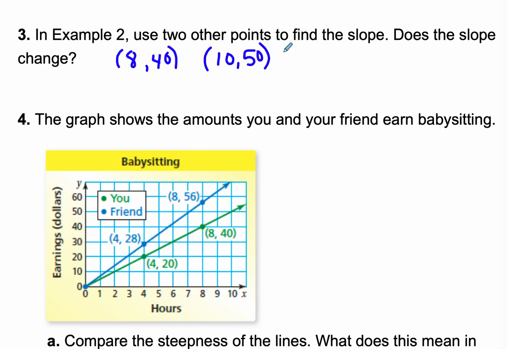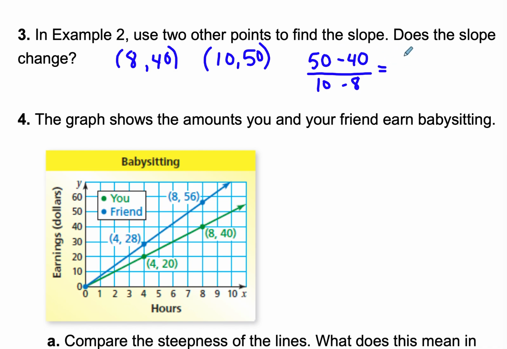Those are the points I chose. Okay, my y's are my second numbers. 50 minus 40 over 10 minus 8. Make sure you put the same ordered pair first, same ordered pair second. Doesn't really matter which one goes first and which one goes second as long as you're